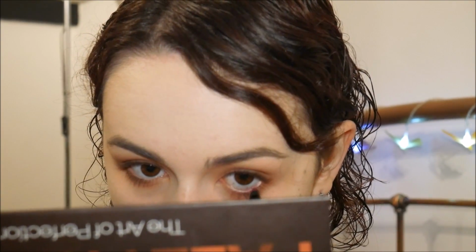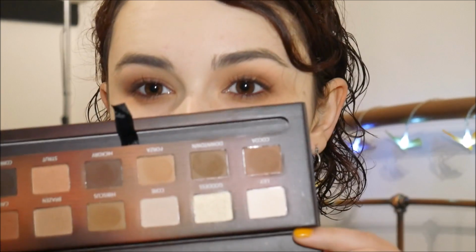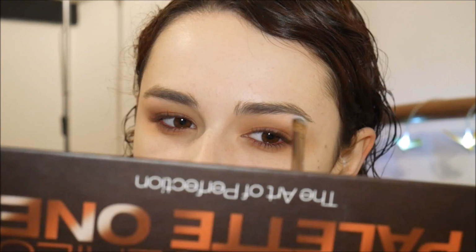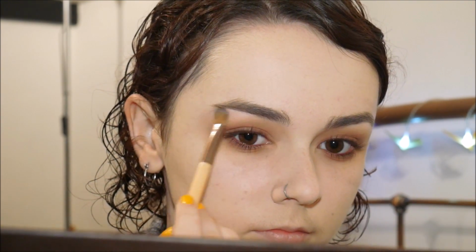And then I'm taking this NYX Faux Blacks eyeliner. I can't remember what the colour is called, but it's like the burgundy red one. And I've been wanting to use this for ages and not had an excuse to. I'm tightlining and using it on my waterline as well, just because I couldn't be bothered to get a black for my tightline. And this will make my eyes look sick, but it will also tie in with the red tone on my lid. Then I'm taking the matte kind of cream shade in the palette, which is called Lily,